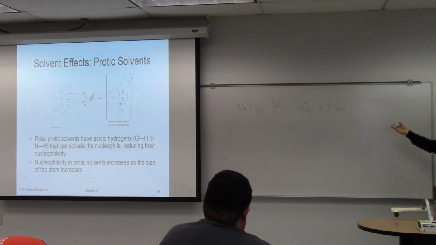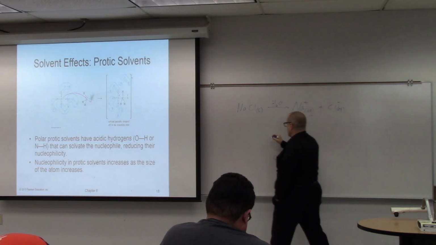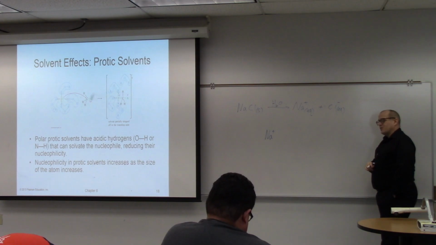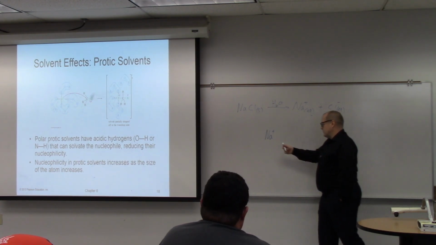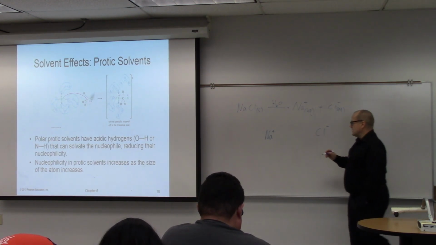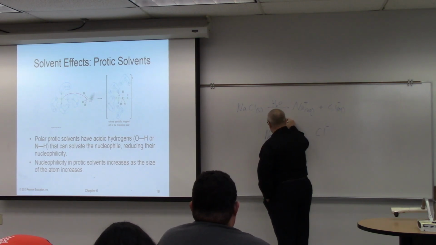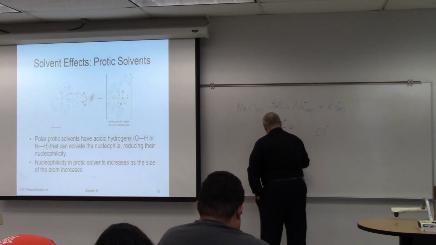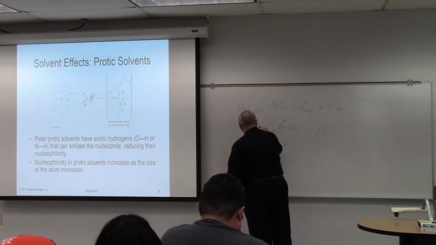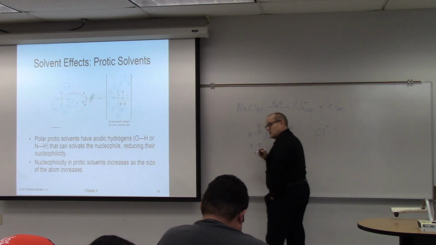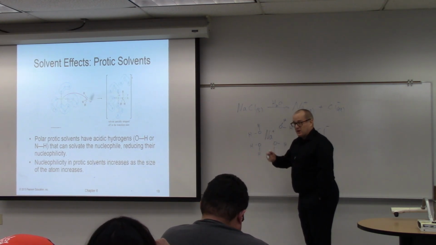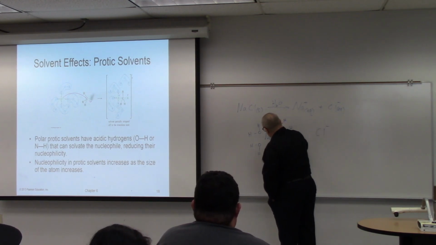Sodium chloride dissolves in water, gives you sodium plus aqueous and chloride minus, right? You probably never thought of this before. The reason why sodium chloride can dissolve in water so fast is because the sodium and the chloride get what's called solvated. Solvated means surrounded by solvent, essentially. If you try to melt sodium chloride with a torch, it takes a hell of a lot of energy. But you put it in water that's near freezing, and it dissolves. That's impressive. And that's because the water,